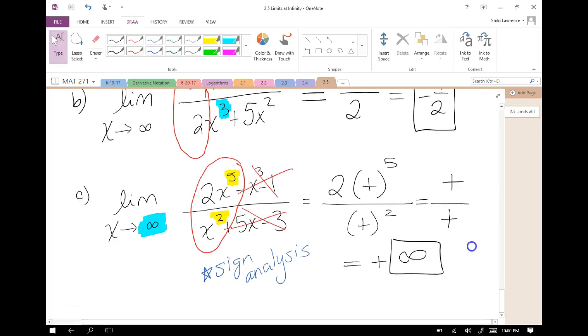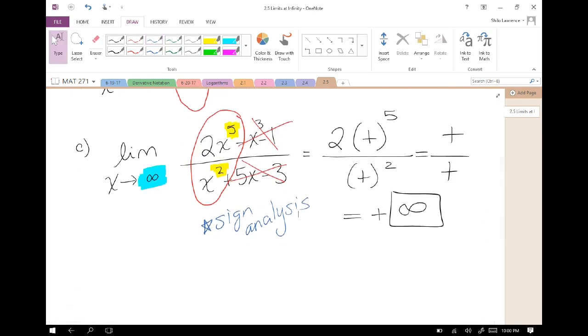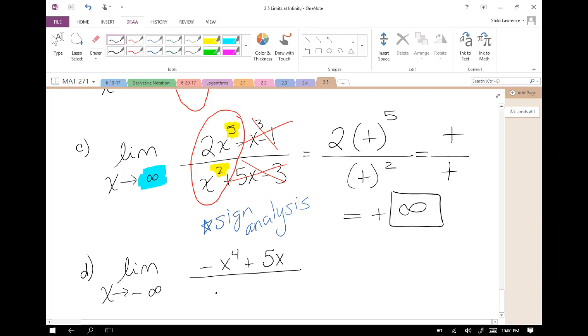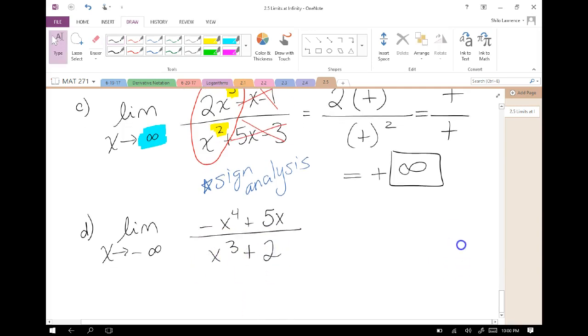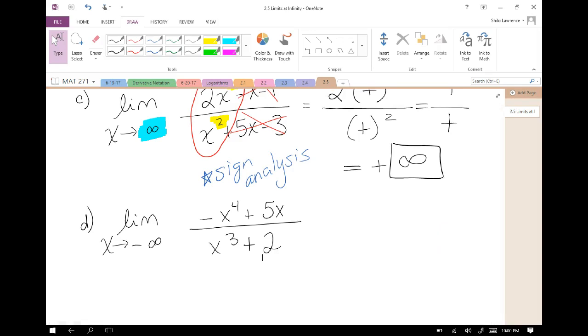So this one was not too bad because everything was positive, it stayed positive. But let's look at another one. The limit as x approaches negative infinity of negative x to the 4th plus 5x over x cubed plus 2. The limit as x approaches negative infinity for negative x to the fourth plus 5x divided by x cubed plus